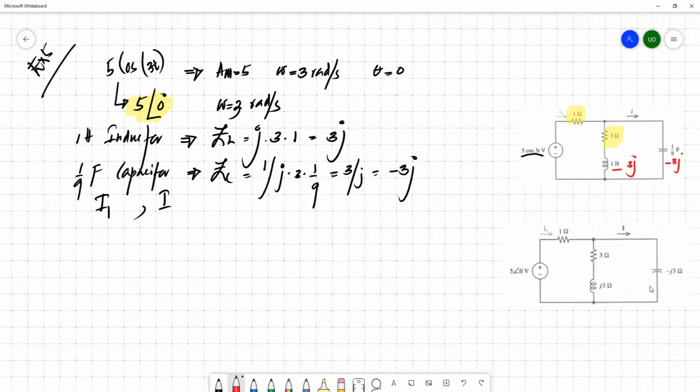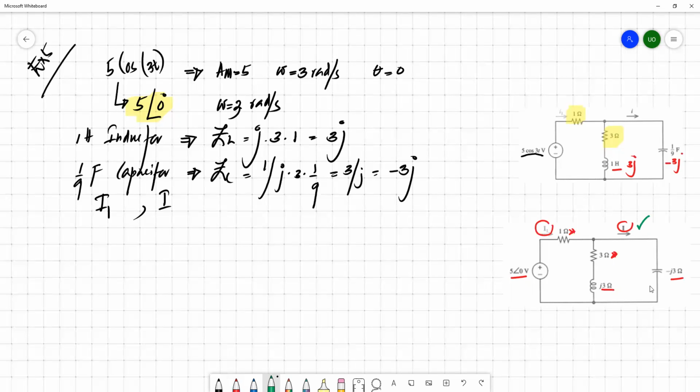So we have 3J here, minus 3J. So nothing happened to this one and this one. And this small i1 is replaced with capital I1, phasor I base I. So the source is converted to 5 angle 0. So then if you want to evaluate this I,